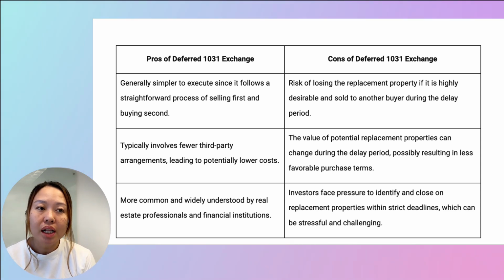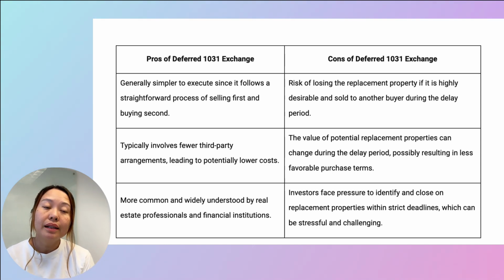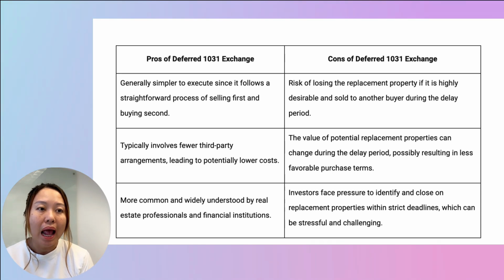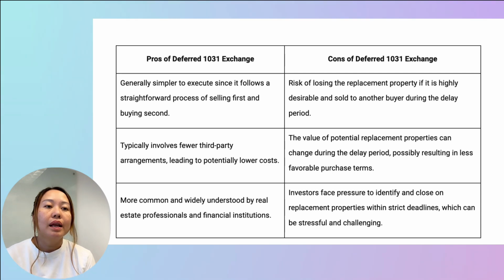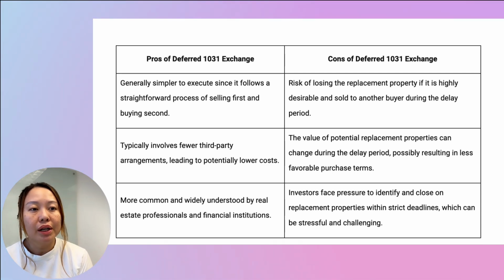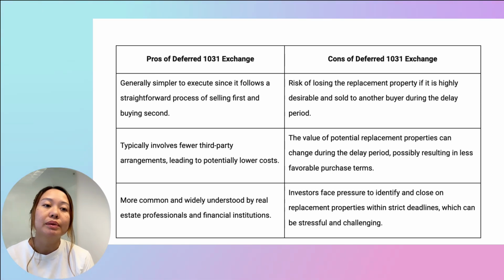Let's look at the cons of the deferred 1031 exchange. The first one is the risk of losing the replacement property if it's highly desirable and sold to another buyer during the delay period. The second con is that the value of the potential replacement properties can change during the delay period, possibly resulting in less favorable purchase terms. The third con is that investors face pressure to identify and close on replacement properties with strict deadlines,